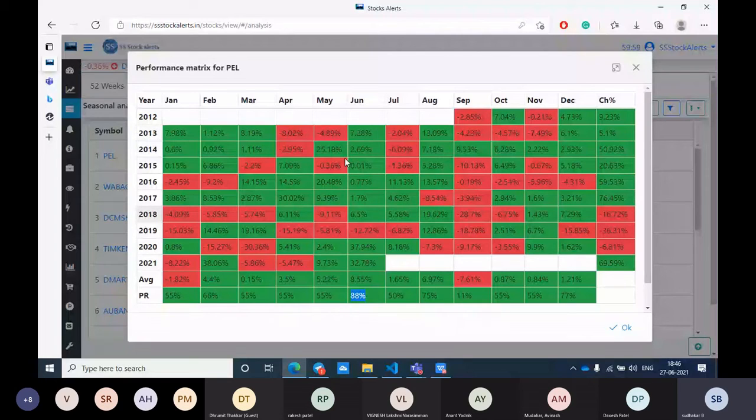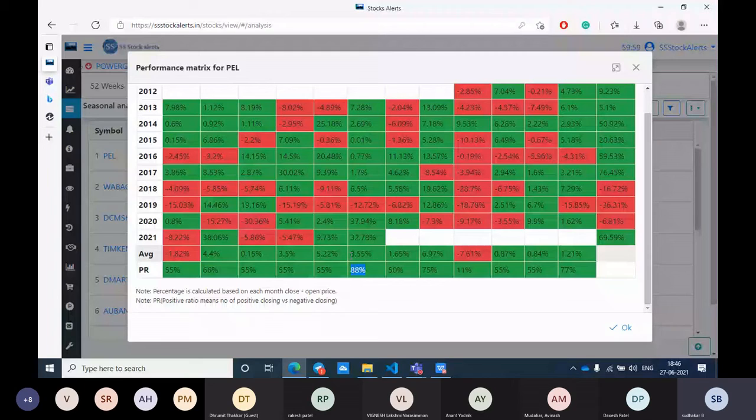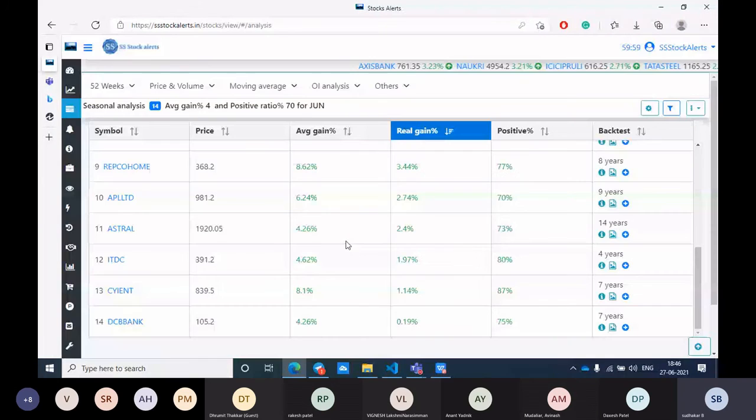And for average return, I usually go for an average return of 4%. Whichever stock is above 4%, you can look at it. If I want to select the next month's stocks, you can just select July here and try. Here I backtested for the last 1.5 years. Almost 80% of stocks gave returns. Even with Nifty volatility, even if it is a 2% up and down, it does not return negative returns.